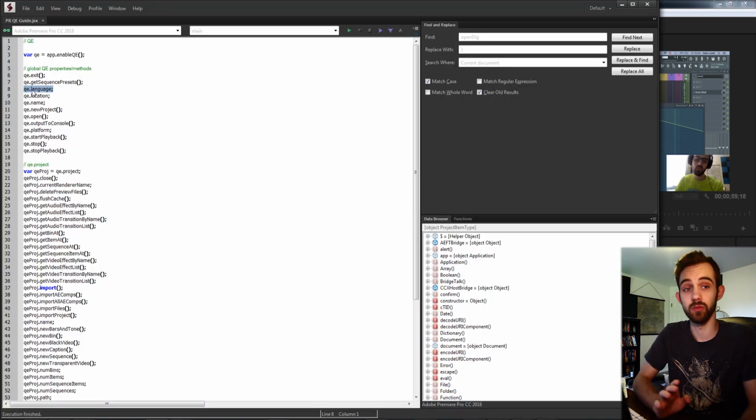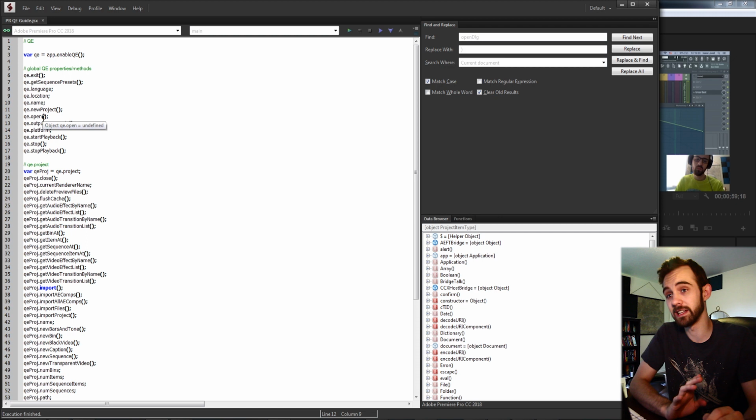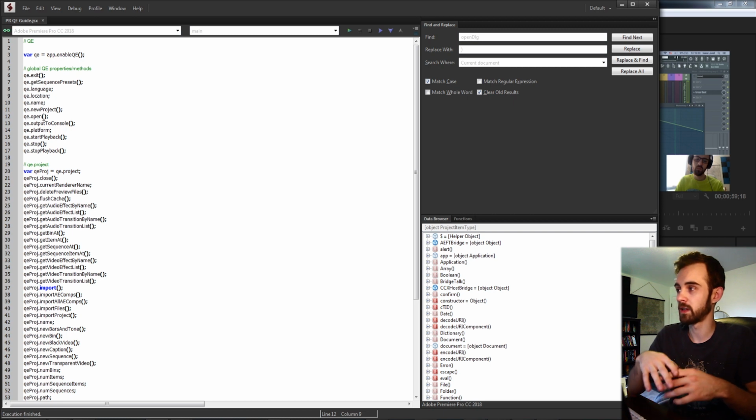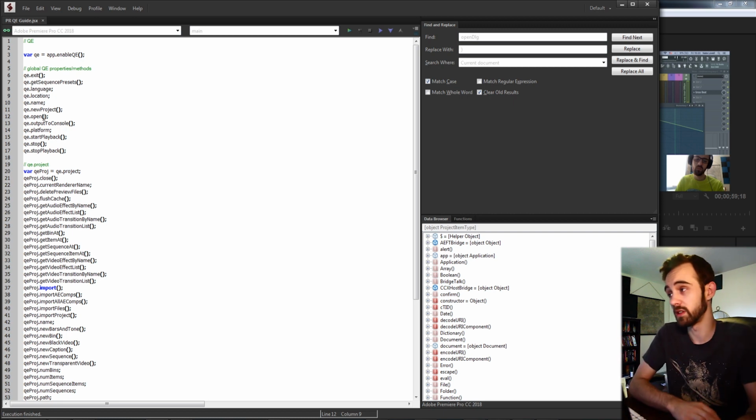You can also grab whatever language the current application is running in for specific purposes. You can grab the location on the hard drive that the application is actually located in. You can grab the name of the application. You can create a new project in the application. You can open a project, and of course some of these are going to require arguments, and if you try it yourself and get an error, then you'll need to try putting in a file, a path, a name, or something like that. But as time goes on, we'll keep adding more and more to this GitHub and make sure we have all those included.